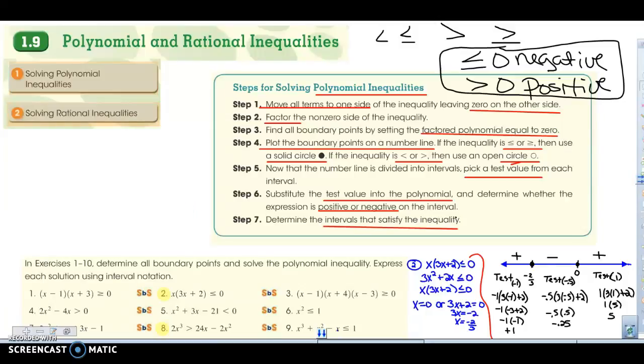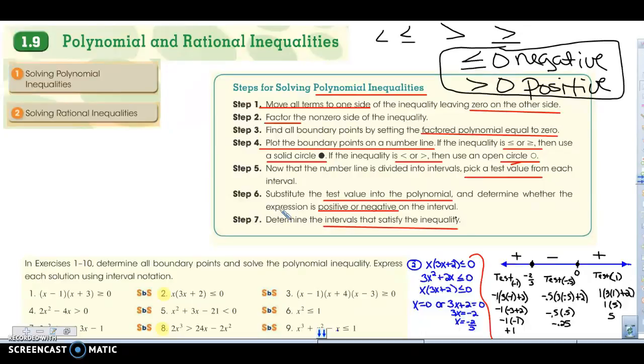Hello. Today we'll take a look at section 1.9, Polynomial and Rational Inequalities. So we'll learn how to solve each of them. A polynomial inequality is made up of many terms separated by addition and subtraction signs. To solve a polynomial inequality, such as the ones you see here, these are the steps that we're going to follow